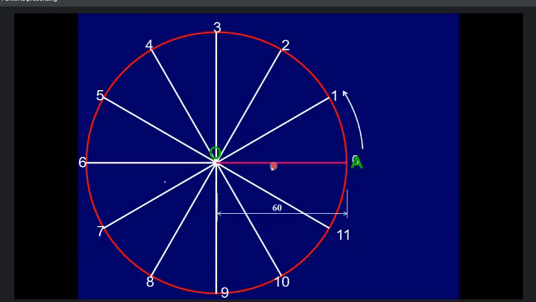This line is to be divided in 12 parts, and the numbering must also be given from the outer periphery to the inner periphery. Okay, so you see 1, 2, 3, 4, 5, 6, and so on. What I've done is, as you know, this point A is the initial position on the outer periphery, and it is going to move in the inside direction. The numbering must also be in that fashion.